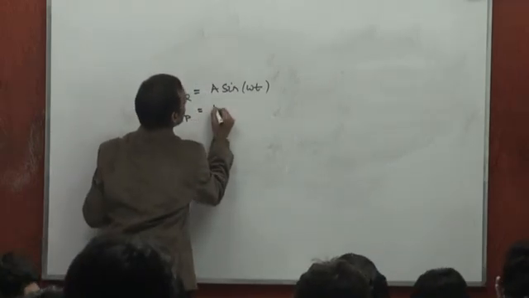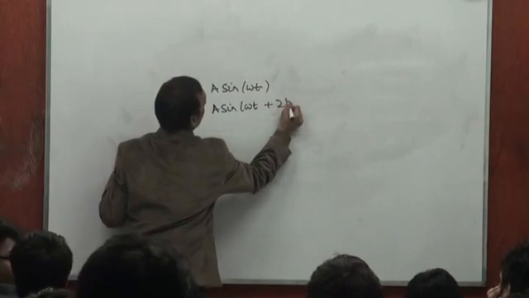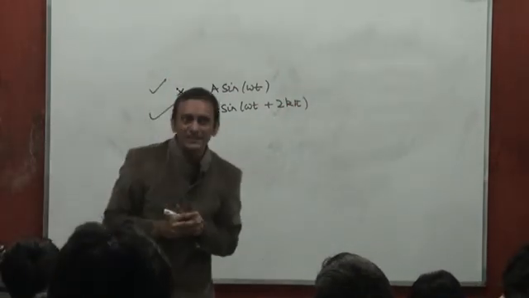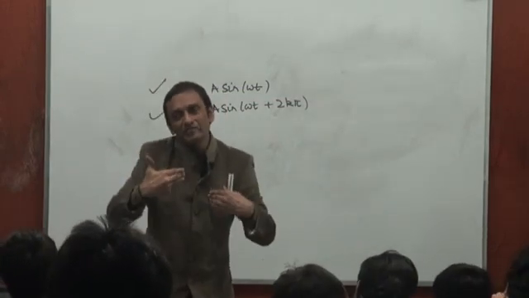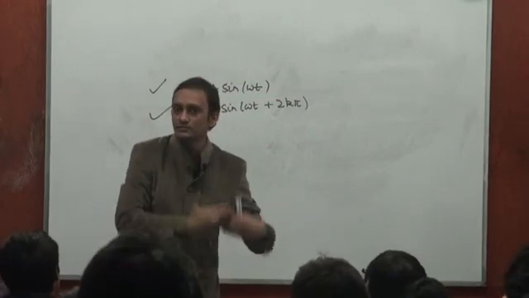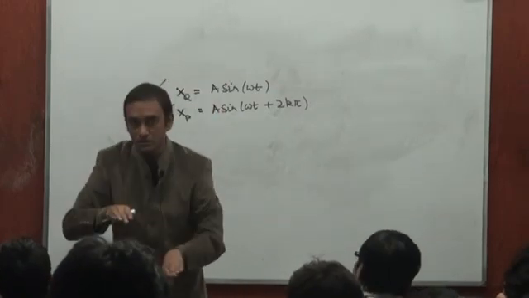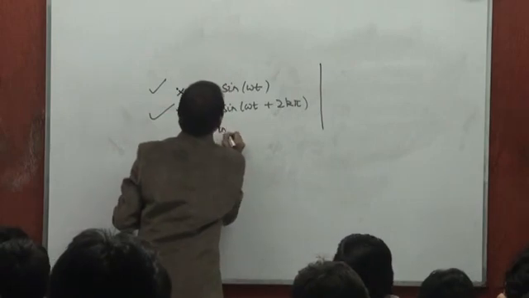The motion of P is going to be A sine omega t plus 2k pi. So do you realize that these two oscillators are in phase with each other because the phase difference is an even multiple of pi. They are in phase with each other. Their motions are in tandem. They could be completely flushed one over another, right? So this is being in phase,